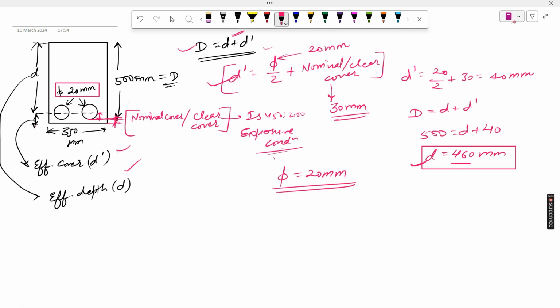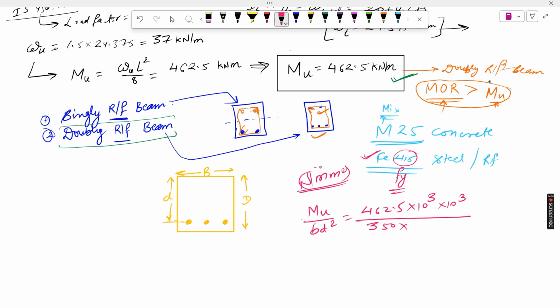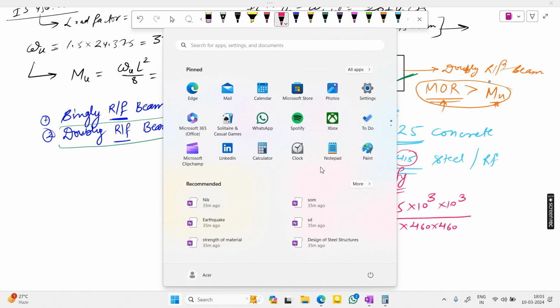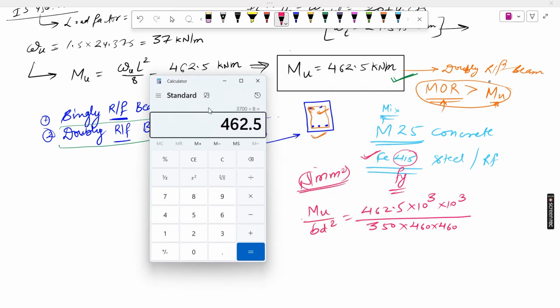So d is 460. Remember this thing. b is 350, and this is 460 and 460 because it's in square. So I come to the calculator again. Now multiply by 10 to power 6. 1, 2, 3, 4, 5, 6. These are 6. Divided by 350, enter. Divided by 460, enter. Divided by 460, enter. That will come out as 6.25 approximate value,